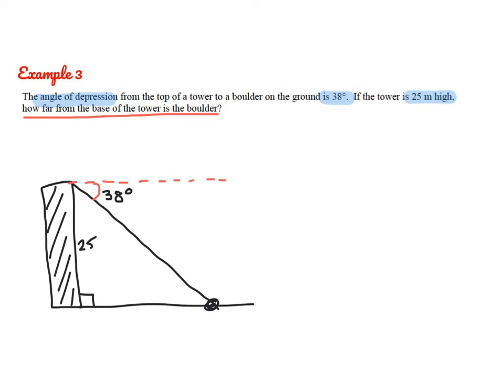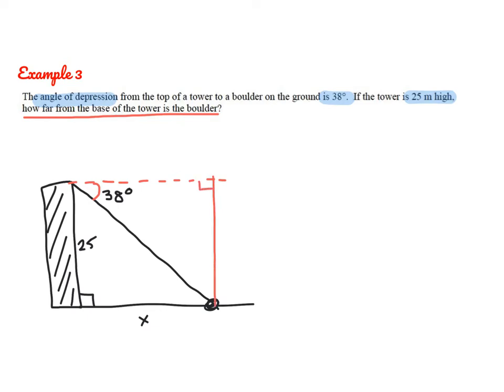And they would like us to find how far the base is, how far from the base to the boulder. So they want us to find this. Now look at the triangle we have and look at where our angle is. We have two options here. We can subtract from 90 and figure out what this angle is, or we can simply create a new right